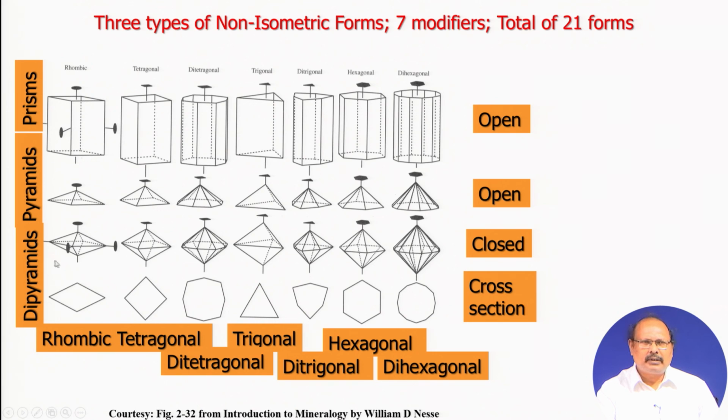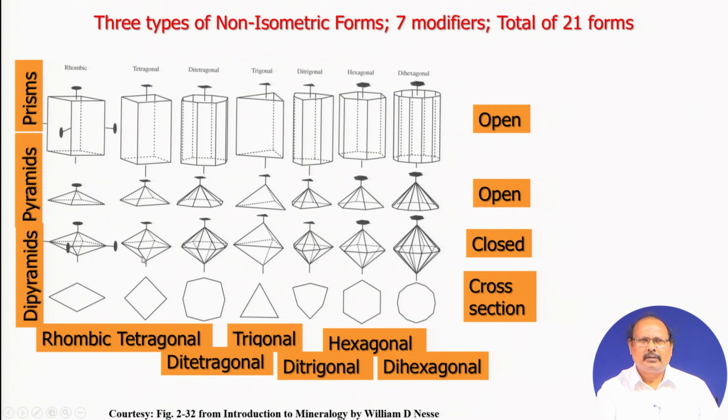Now, let us come to this particular row here. You see a pyramid at the top and a pyramid at the bottom. So, this set of inclined faces intersects the positive direction of this axis at one point, and the negative direction of this vertical axis at this point here. So, when you have this, then we call it a